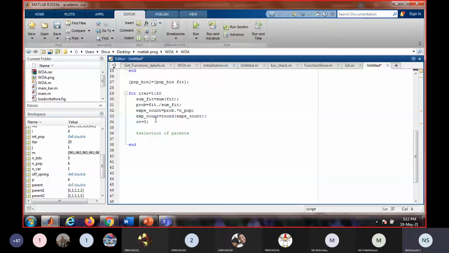How do we select the parent? Based on the actual count or the expected count. And how many parents we should select? We should select 4 parents. So 1 colon 4, repeat it 4 times, and we will take one more variable.